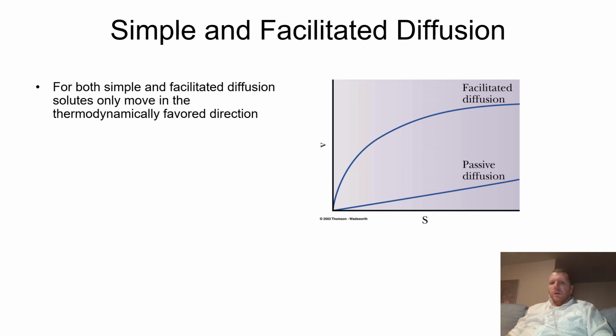Now, for both simple and facilitated diffusion, solutes only move in a thermodynamically favorable direction. Now, this graph right here, on our y-axis is our rate, indicated by v for velocity, and our x-axis is our substrate concentration. When looking at this graph, and specifically this curve right here, our facilitated diffusion curve, is there a graph that we've seen previously that resembles this? Well, we've actually seen two. We've seen our oxygen binding curve,